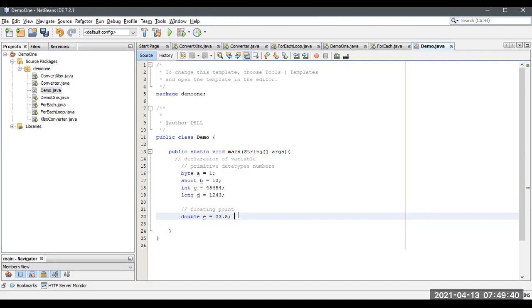For characters, we have some other type. Okay, for the characters, character data type. Wait a second, I will get back to you.